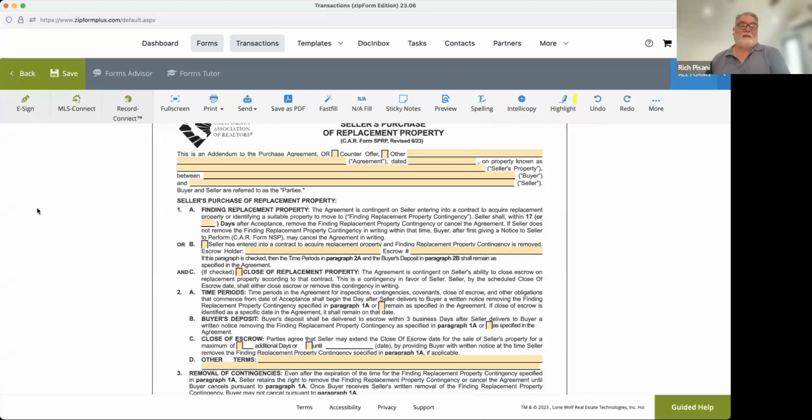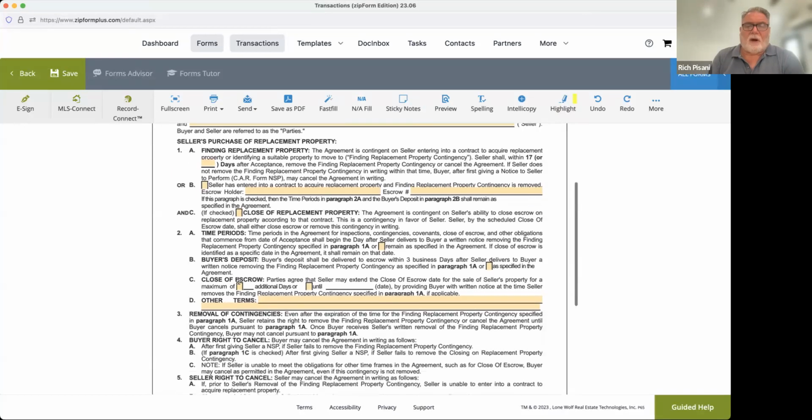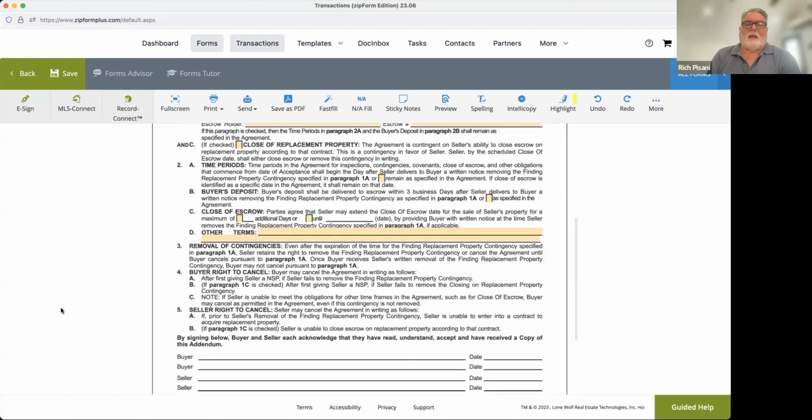You want them invested in this property. So I would check the box and say as specified in the agreement. But once again, this is all negotiations. Close of escrow. So 2C, parties agree that the seller may extend the close of escrow date for the sale